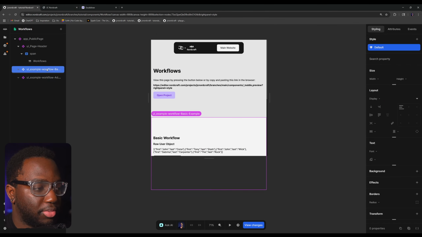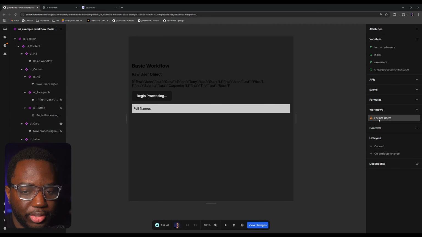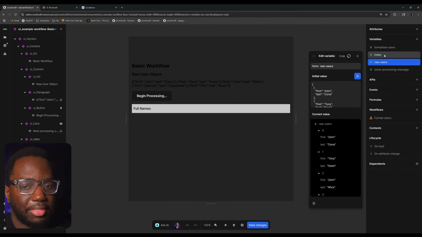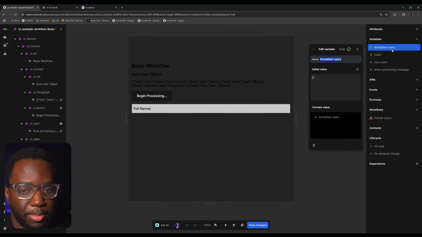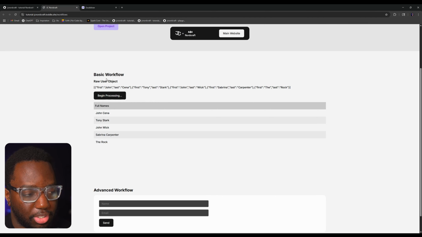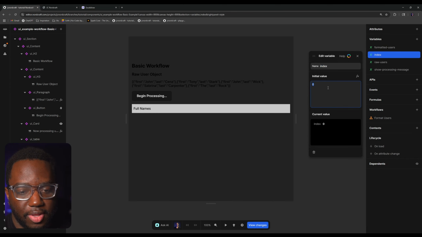Here in the basic workflow component, we can see that I have a few variables. One is just the raw users, which is what you see here. Then I have formatted users, which is the array you see here that takes the first name and the last name and combines them into one. And then we have index. And if you don't know what index is, that is